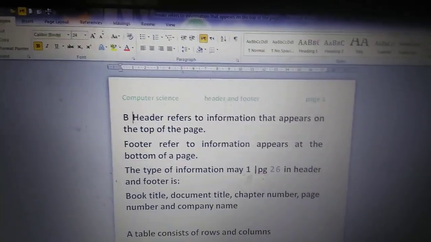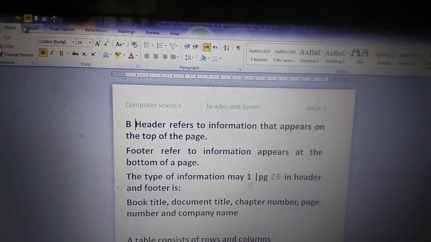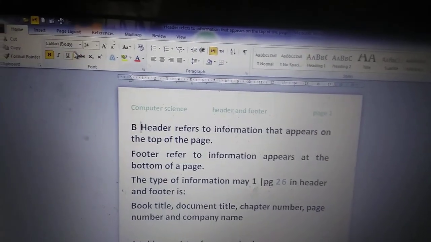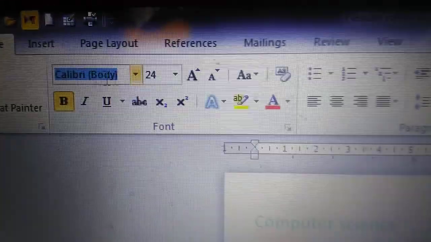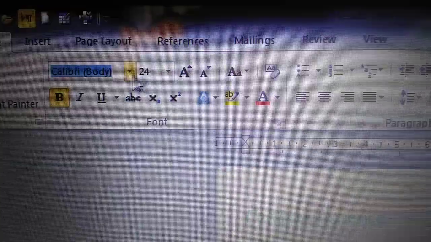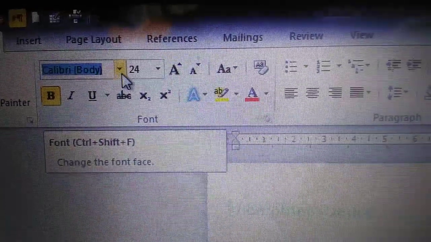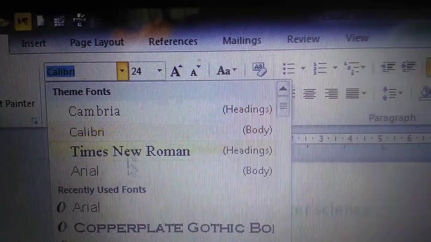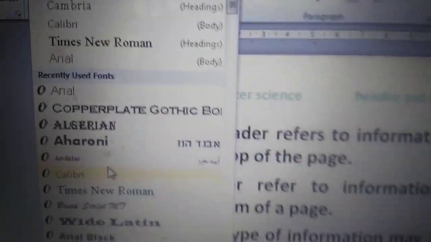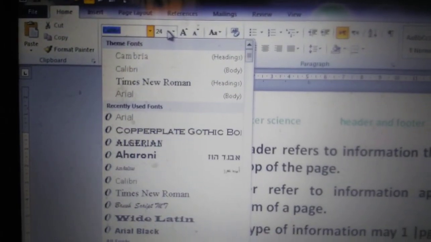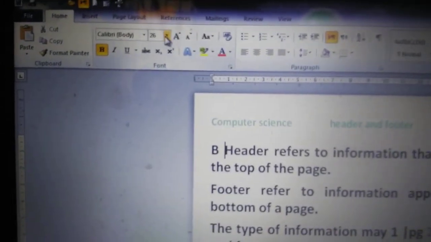Okay, the next thing that we are going to do is formatting text, paragraph and page. For formatting, we have this bar over here. This is the type of the font that you want. There are different types of font that are defined, and you can select any one of them from here. And besides this, there is an option